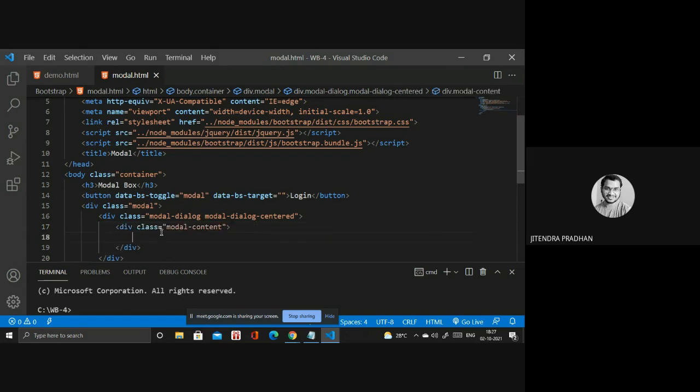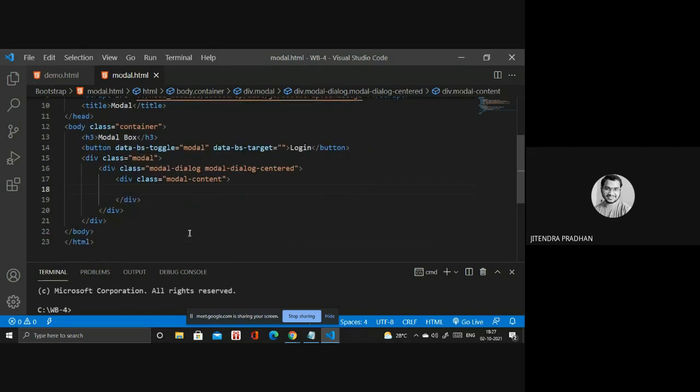Yeah. So I think we're done with all these things. Next we need to write an ID, because when I click that login button, it will target the particular div. The modal content will be showing inside that. So I will write an ID name, login. I will mention that ID name with a prefix: you have to use the hash sign and write login. Okay, done. So next you have to create a header.